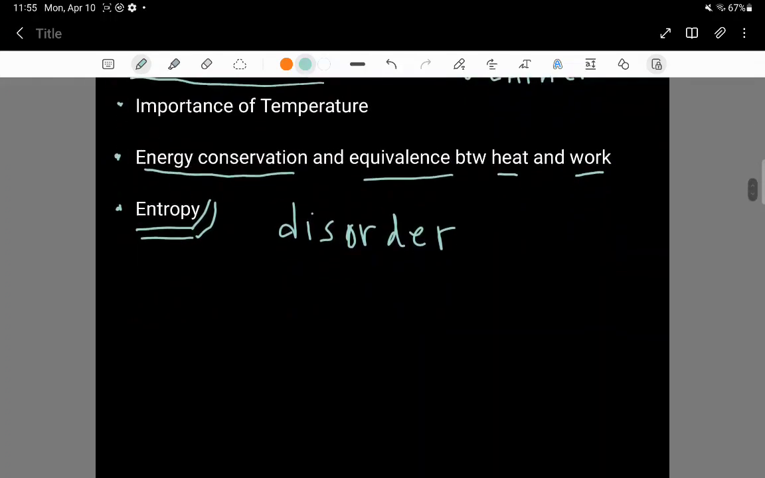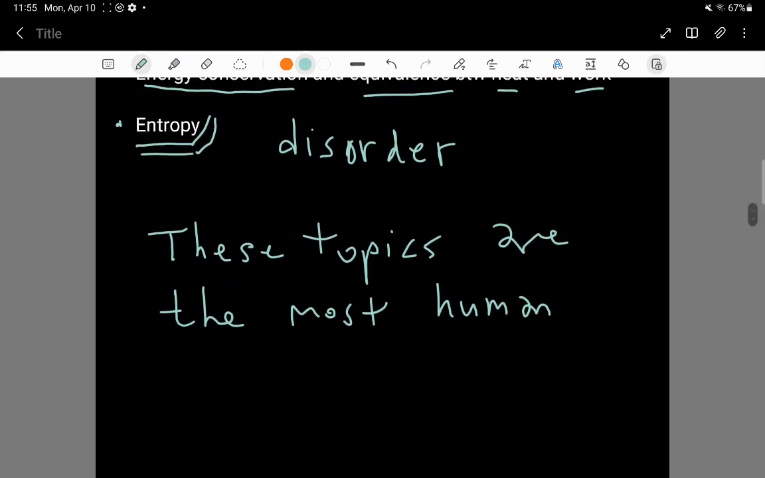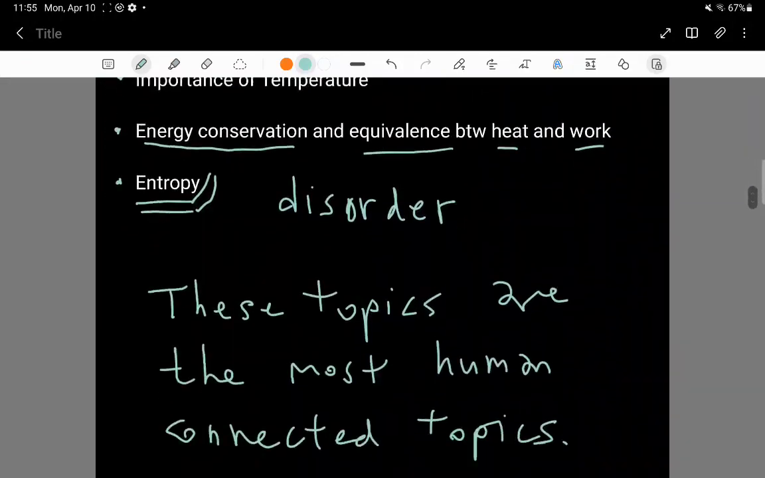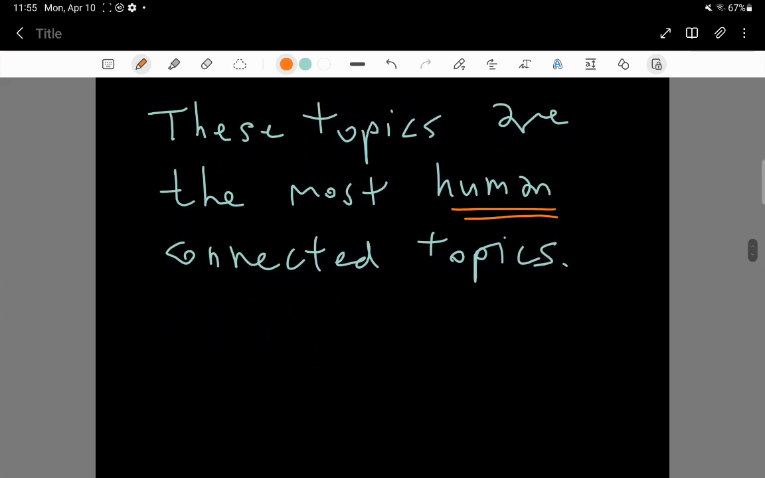Okay, I hope you enjoy the topics in this chapter. I'll end by saying that these topics are the most human connected topics. In some sense, these topics represent a human's interaction with nature. Feeling words like temperature, right, and heat,